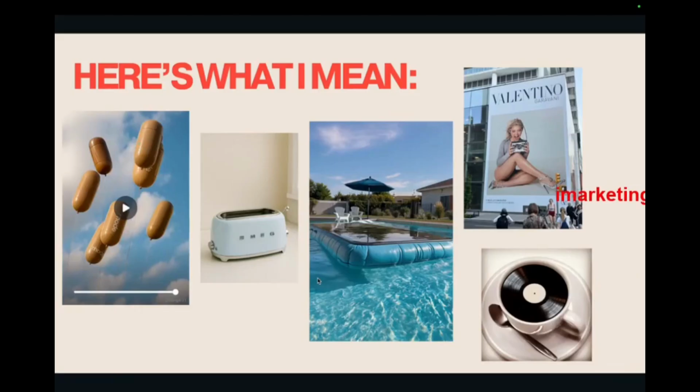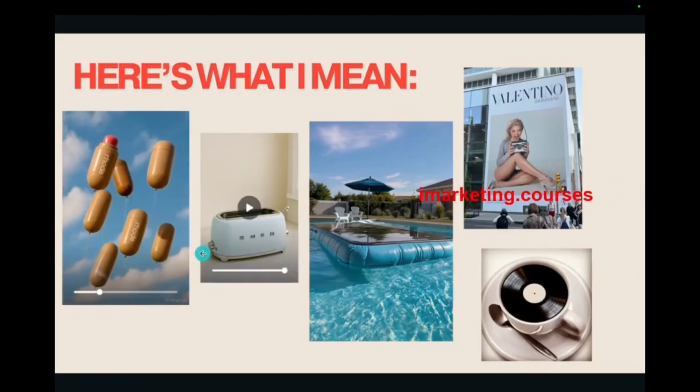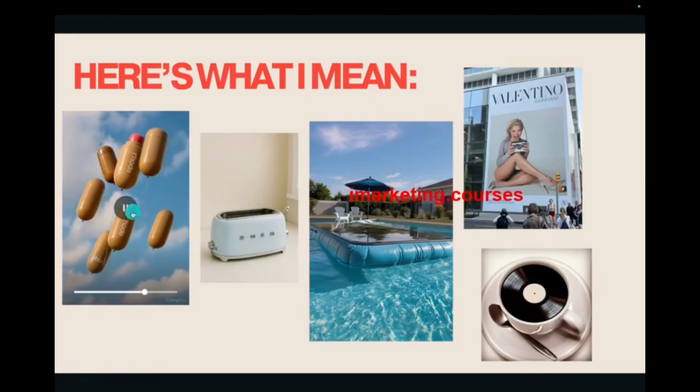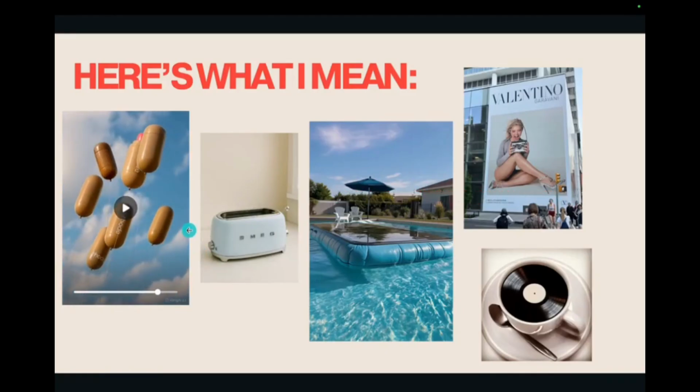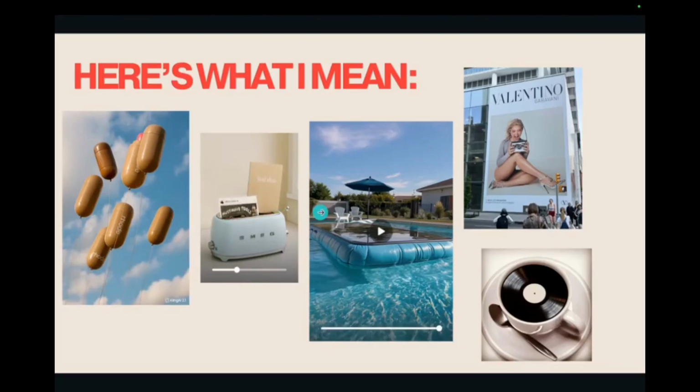Here are more things I created with AI. So what I did here, I took a product of a day and asked ChatGPT to create a photo of a floating balloon out of it. Another idea for service-based, here you can see my templates going out of the toaster like a toast. And it's a great way to launch, for example, a new digital product.